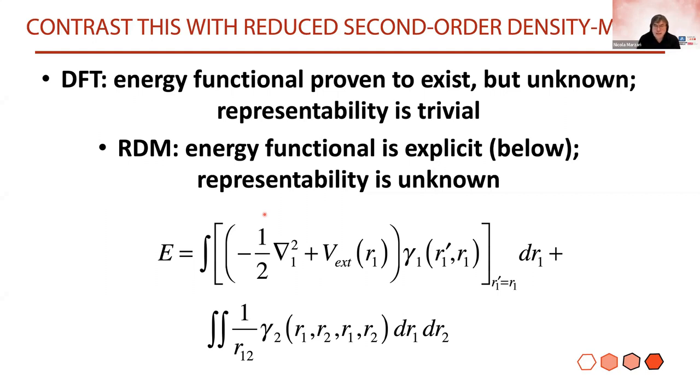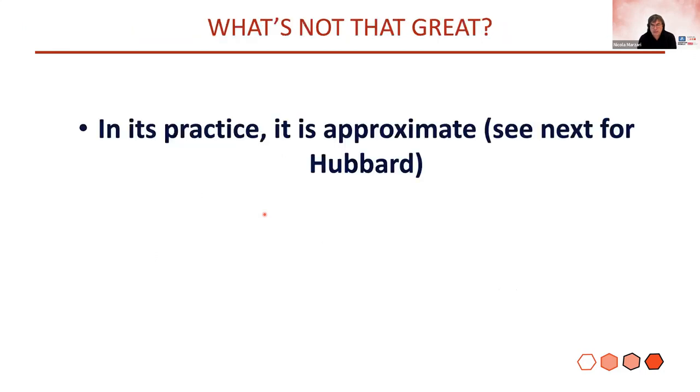So in reduced density matrix theory, actually the functional is trivial, but we don't know how to search, because we are not able to search in a space of 12-dimensional gamma 2 reduced second-order density matrices that make sense. So any function gamma 2 that you write doesn't make sense in general, while every charge density that you write makes sense. So let me actually focus now on the topic of this talk,